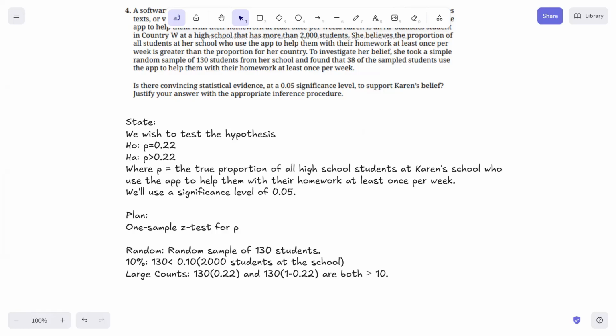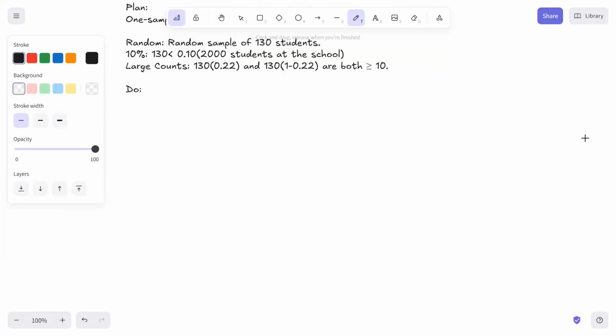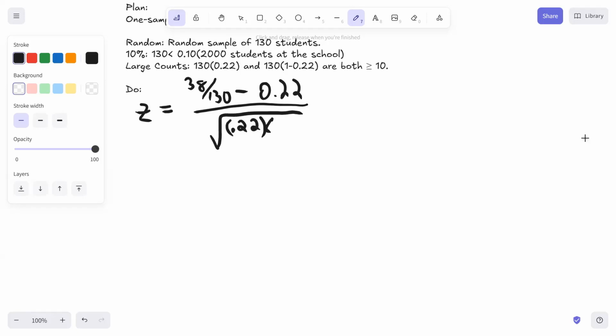The next step we're going to do is the actual do step. So for the do step, we need to calculate our z-score, which is the proportion of the sample, so 38 out of 130, minus the null proportion, 0.22, divided by the standard deviation, the square root of 0.22 times 0.78, all over the sample size of 130, and this is going to give us 1.99. So the p-value,